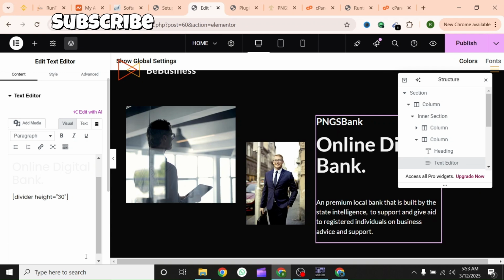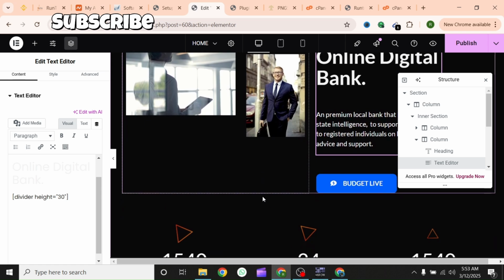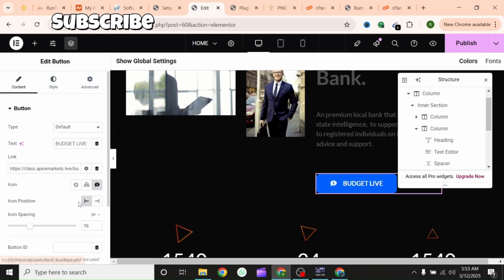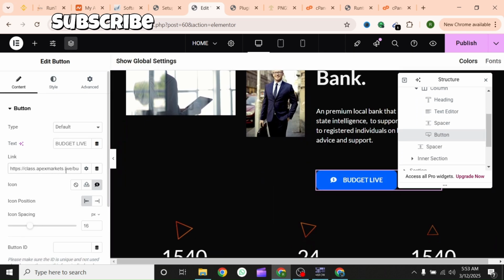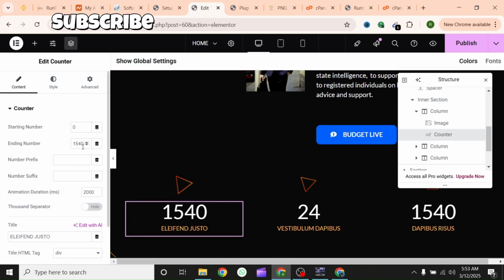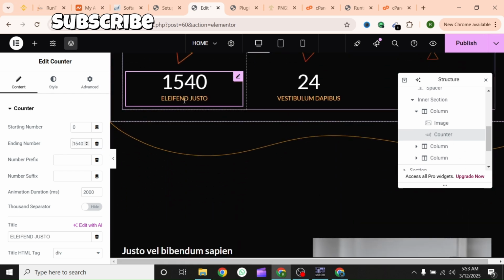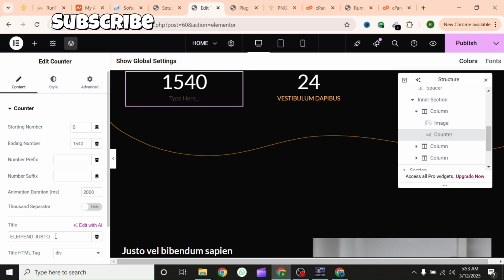So just something like this, you can just have this kind of statement. You go by then your button, change the link of your button, okay? Then all this number you can increase or decrease it. So like this one, the name can be